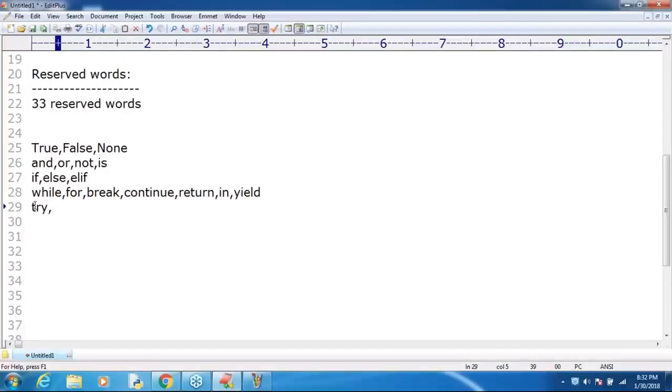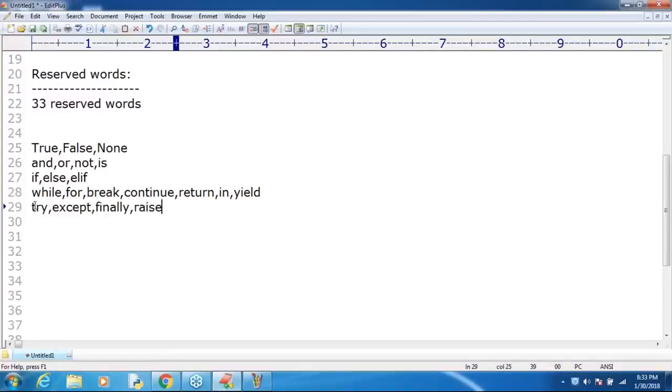Next, try. Somewhere the exception handling concept is there, right? Try. Next, in Java, we are going to use which word? Try, catch, finally, like this. So in Python, instead of catch, there is except. Are you getting it? In Python, except means the catch block, right? Remember that, okay? Try, except, next, finally is there. Try and finally are there, but instead of catch we have except.